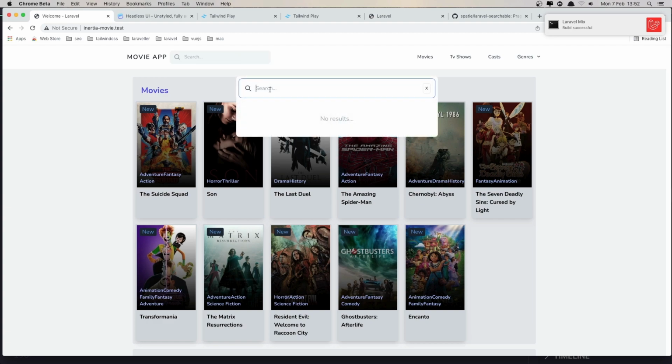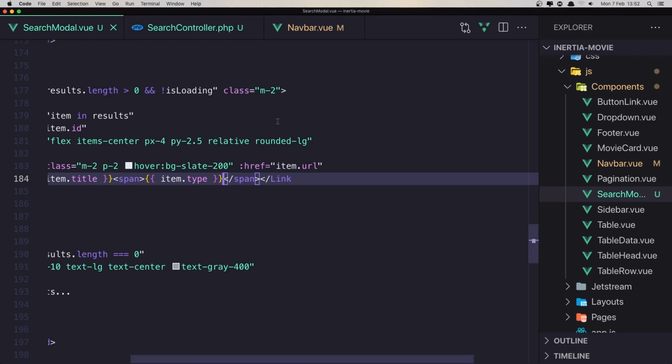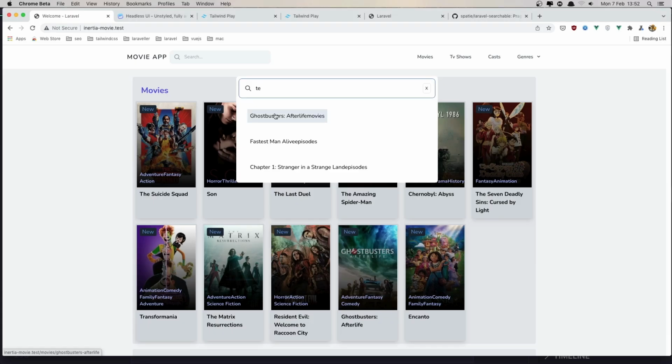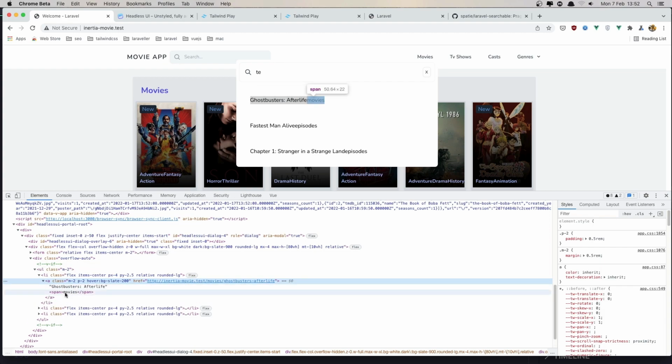Okay, open. If I search for something, here we have the hover, but why we don't have the type? So if I inspect element, we have an anchor tag and span is movies. Yeah, we need to make